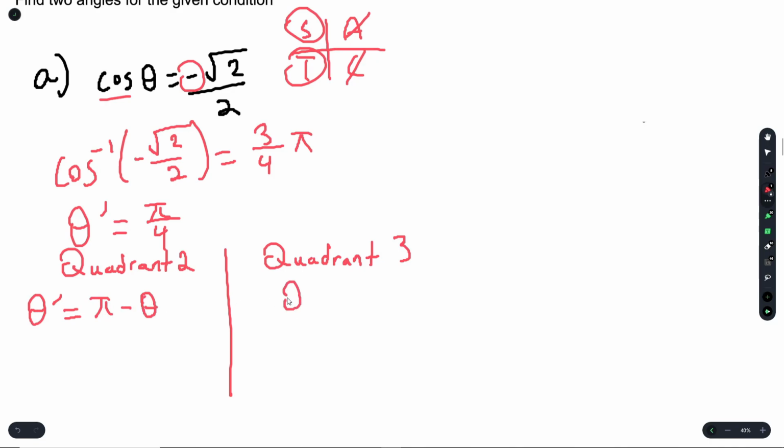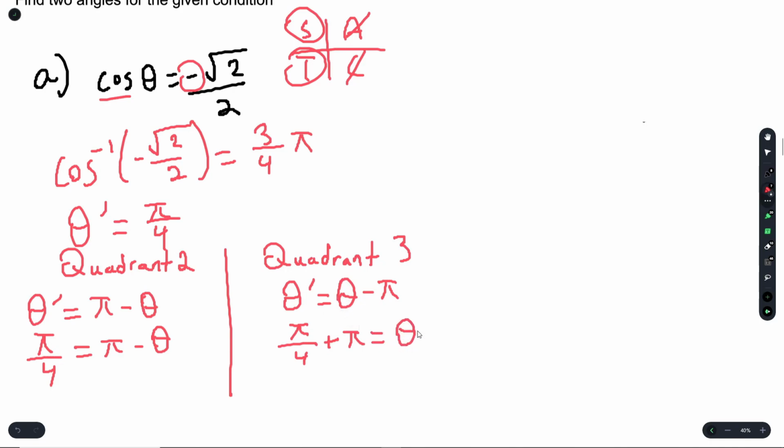Then here its reference angle equals the angle minus pi. So the reference angle here is pi over 4 equal to pi minus theta. And here it's pi over 4 plus pi. I moved pi to the other side,